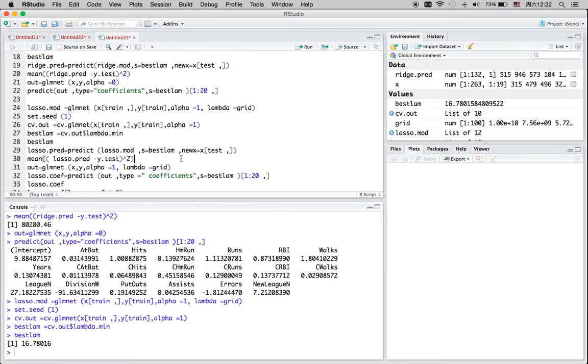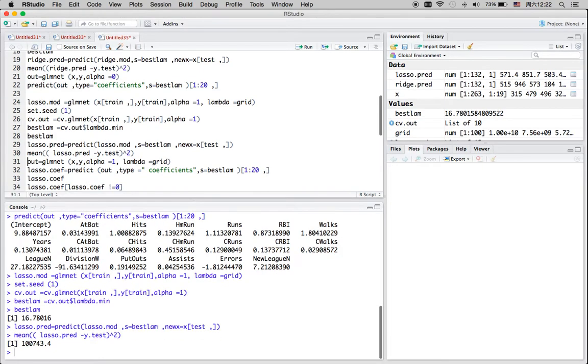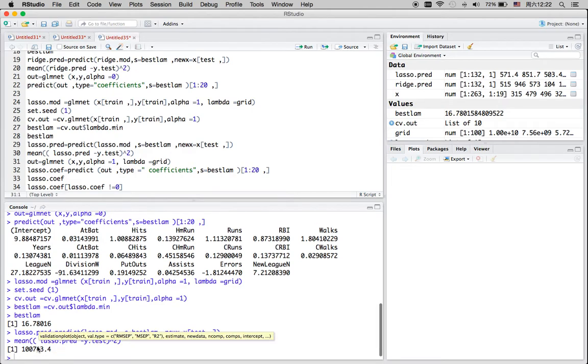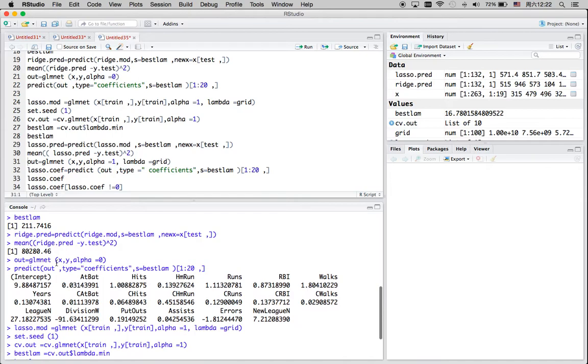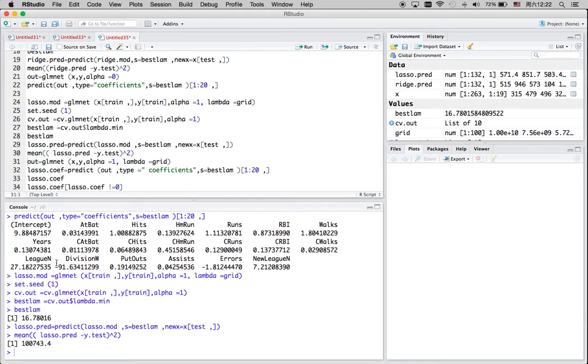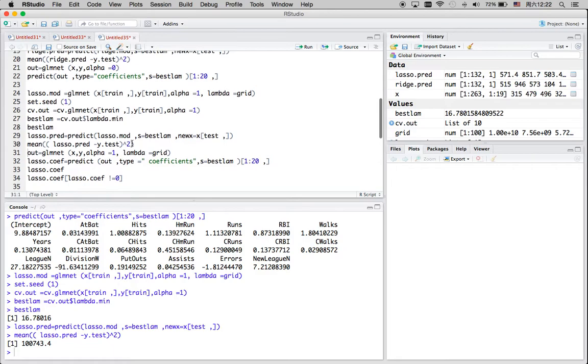Okay, so now we can predict the y on the test set using the best lambda in the lasso. We can see that our MSE will be 100,000, compared to Ridge regression where we have 80,000. So it seems like Ridge regression is doing a better job here, but there are more parameters we can change to make the result better. So we have to keep trying different lambdas or using